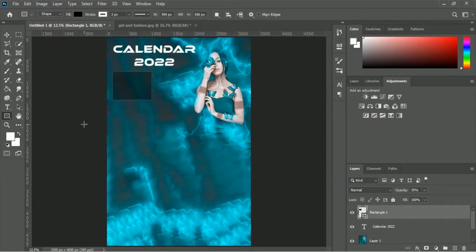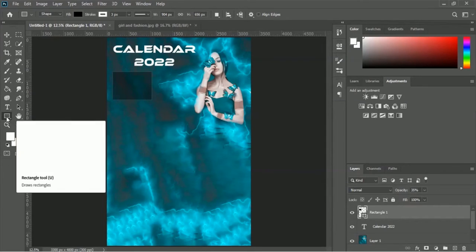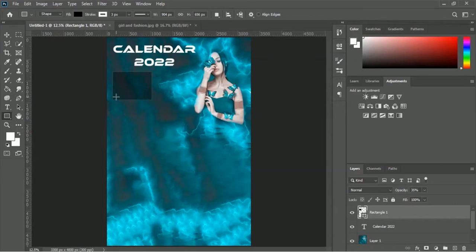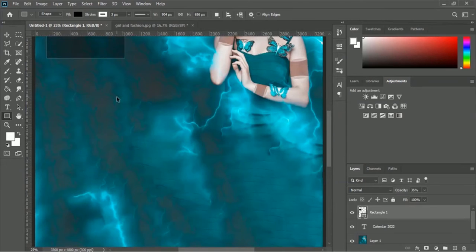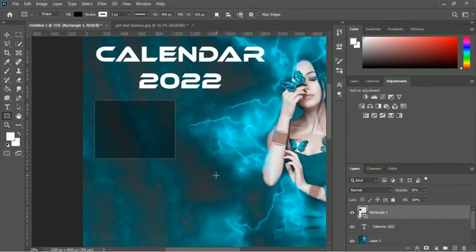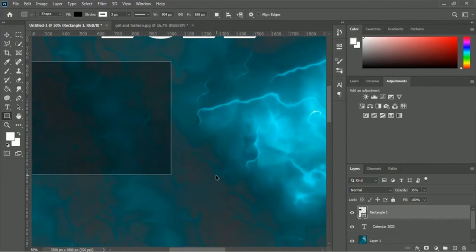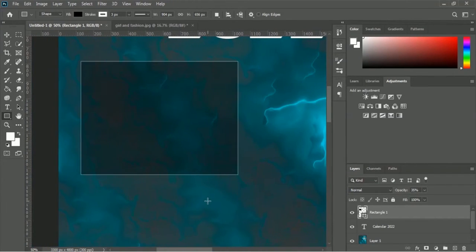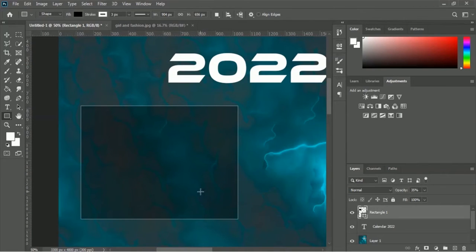Okay, right now we have to use rectangle tools once again, and before using the rectangle tools once again, I want to zoom in this image, and to zoom in you have to press Ctrl or Command plus sign from your keyboard. Okay, so let me draw another rectangle shape over here. So let me draw a rectangle shape once again,